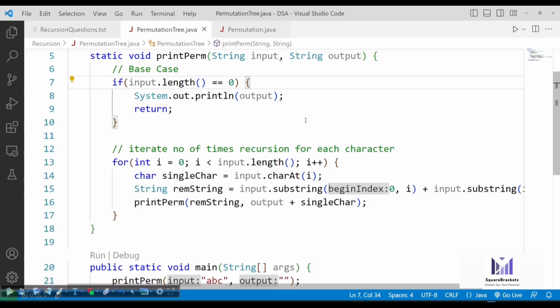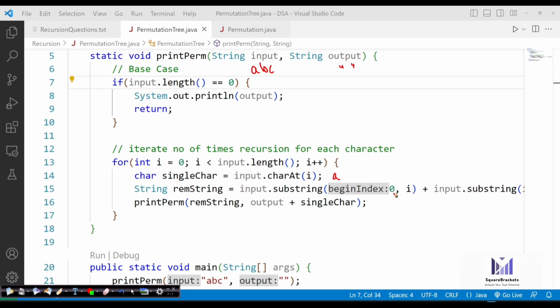Now let's try to understand what exactly happened in this question. So first of all, when we pass ABC, the input contains ABC, output is empty. Now for i equals 0, i less than input length, i plus plus, the single character will contain A. Now what will the remaining string contain? input.substring(0, i).